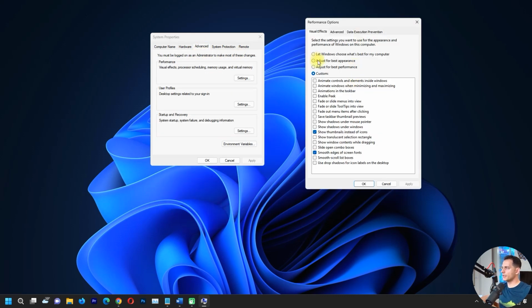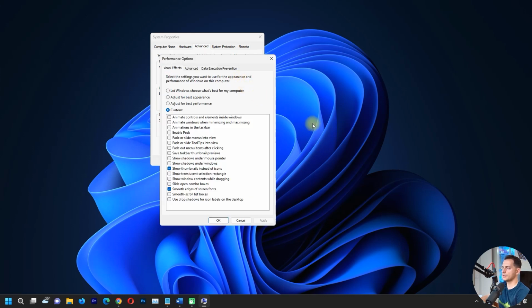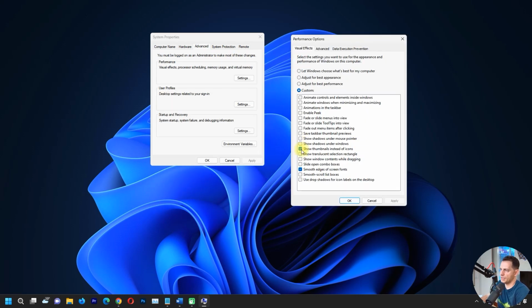It is very important that if your performance is on adjust for best appearance, you just click adjust for best performance. But in my case, I choose some options because I need that to show thumbnails instead of icons and smooth edges for screen fonts. I need that. So I suggest you keep this and this, okay? But if you want more options here, then you choose it. But this will really help your computer to be faster, okay? And click